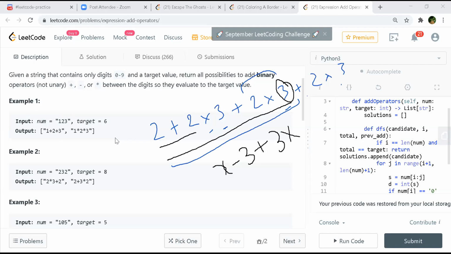If it is addition, then we don't need to consider it, as we already added plus 2. If it's multiplication, then we are multiplying by 2. Basically, I was thinking that minus 3 and plus 3 will cancel and we're multiplying into 2, but it won't happen, right?